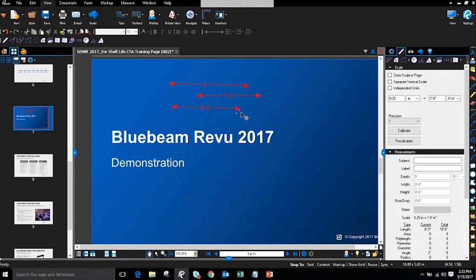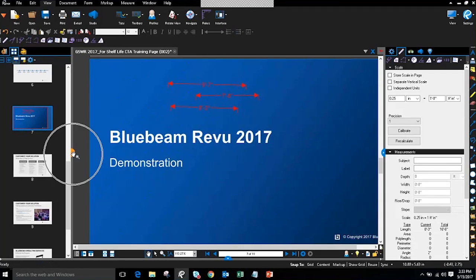Now, I've made a couple changes at this point, right? I've decided, for instance, that I like to work with my panels open here on the left and the right-hand side. I've decided to turn my measurement toolbar on. I've turned off a bunch of other toolbars. I've turned off and on some of these tabs. Now that I've decided that this is the way I'm comfortable working within my interface, I can go right back to where I started under View